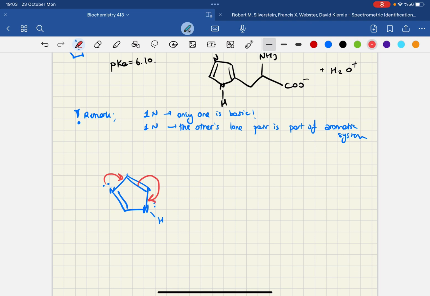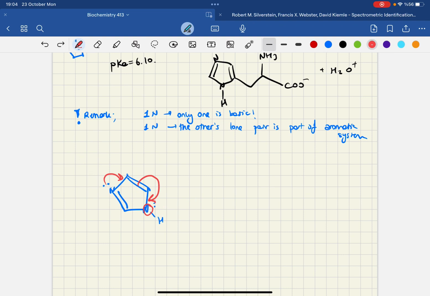Now, if this wasn't added to the aromatic ring, there wouldn't be any electrons which were going to be transferred to the other side. That's why we can say that this one is actually part of the aromatic system and not this one. All right,